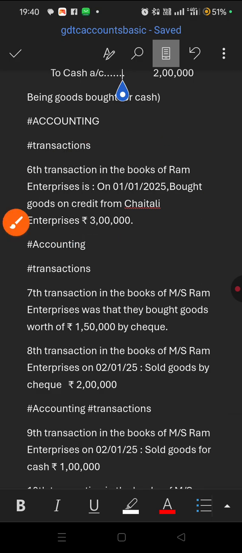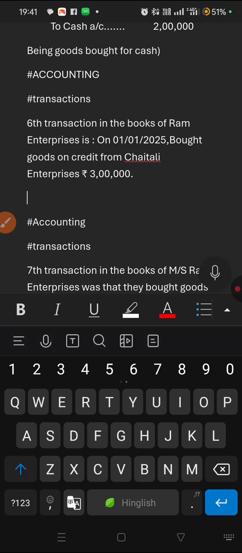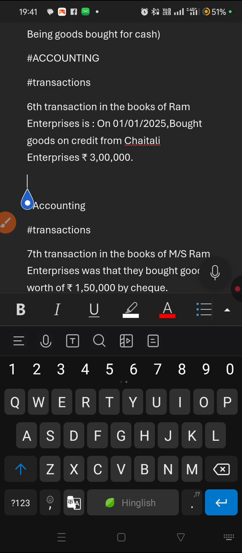Sixth transaction in the books of Ram Enterprises on 1.1.2025: bought goods on credit from Chaitali Enterprises, rupees 3 lakh. So here in this transaction, we will see that there are two accounts. One is purchases account and the other is Chaitali Enterprises account. Chaitali Enterprises is our creditor, supplier, and purchases account is an expense. So purchases account as an expense shall be debited. So journal entry shall be